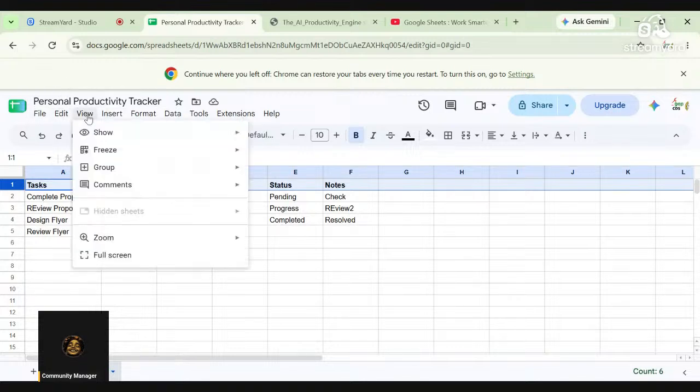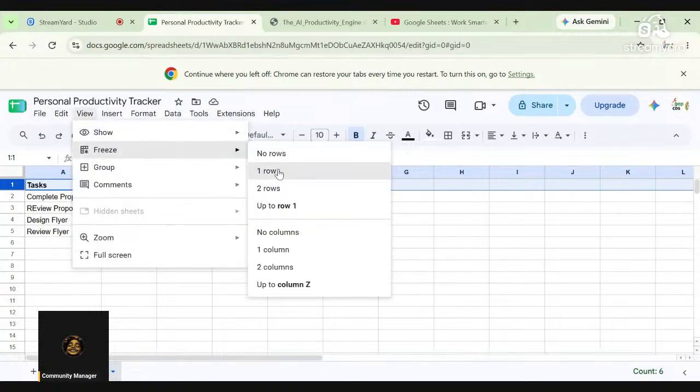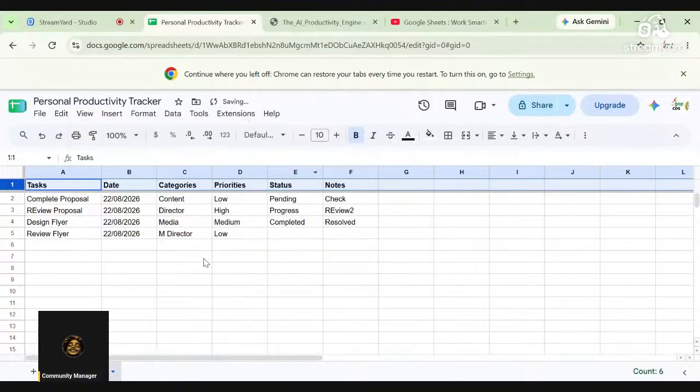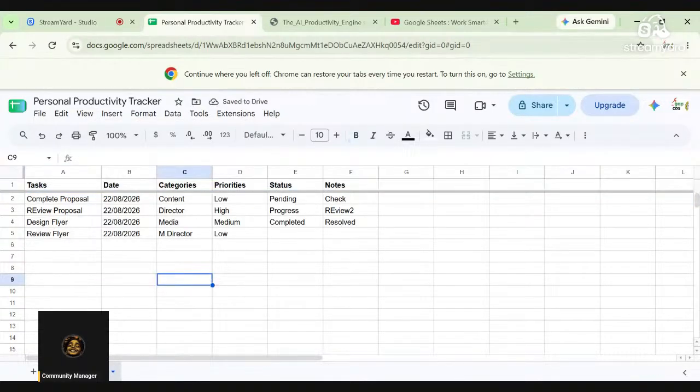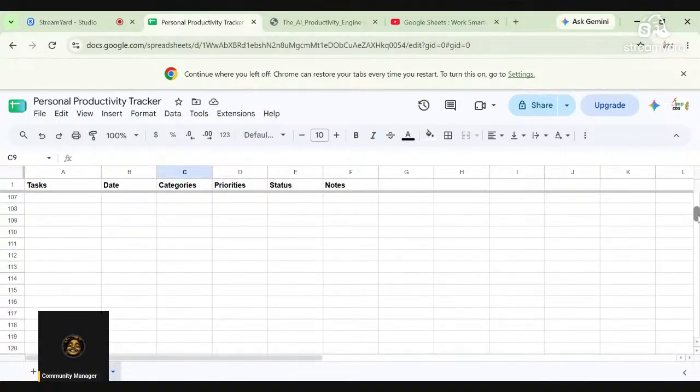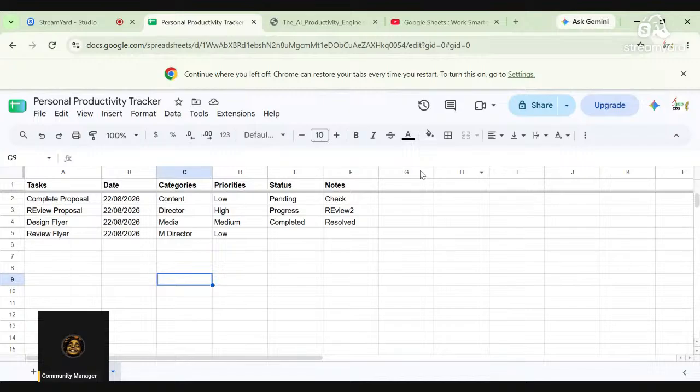And how do we freeze? You go to view, you click on freeze. Which one do you want to freeze? Row 1, right? So let's now scroll down. Let's see what happens. Can you see? Our header here still remains. So likewise, you can also apply the same